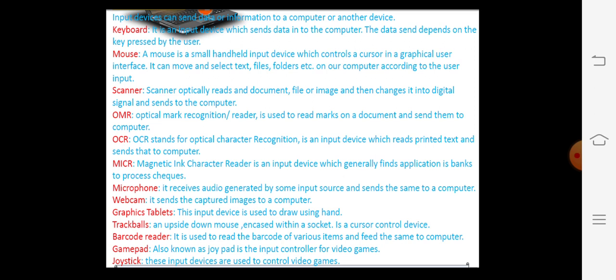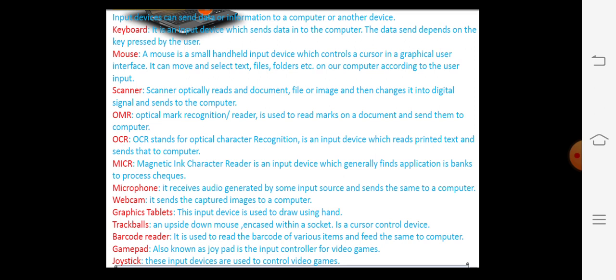Then the second one is the mouse. Mouse is a small handheld input device which controls a cursor in a graphical user interface. Through the mouse we can select, we can point and we can draw some pictures. And the scanner. What is the purpose of a scanner?